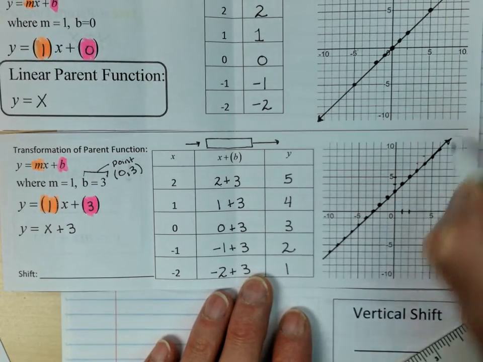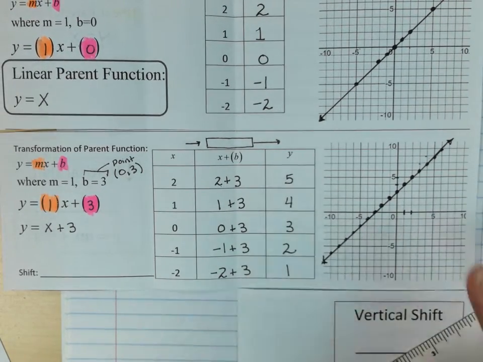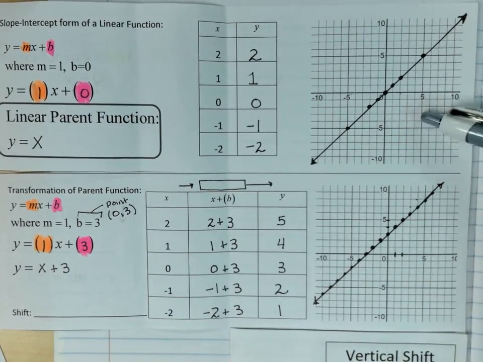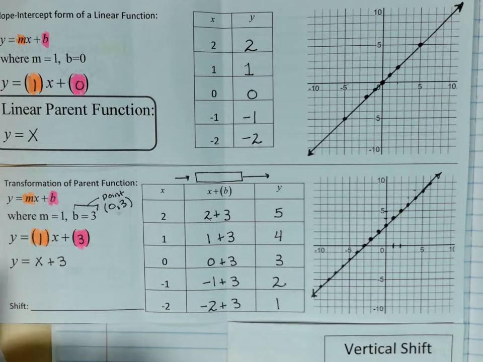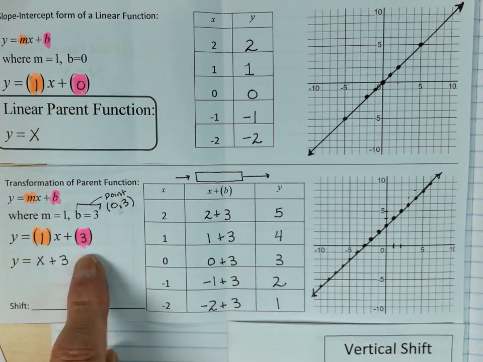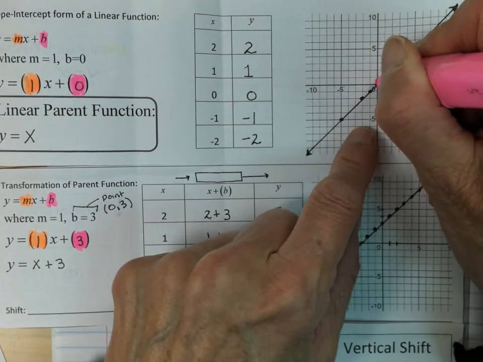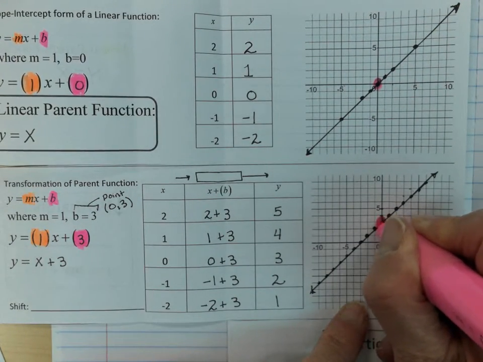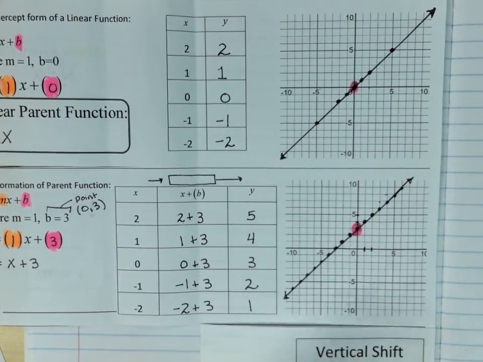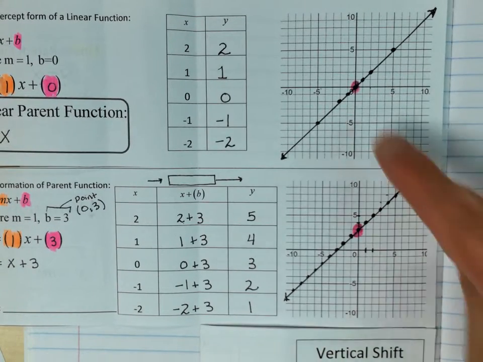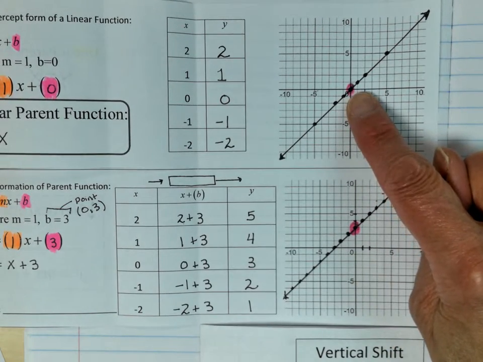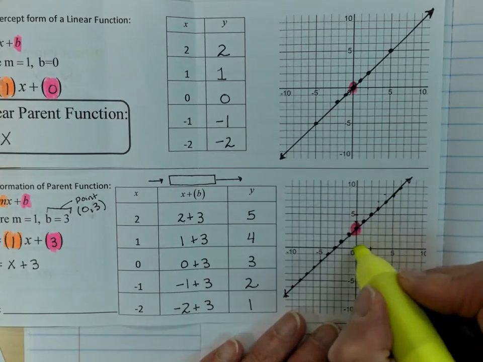Okay, so now we have to talk about what kind of transformation or what kind of shift. And we're going to compare it to the parent. So what we're going to look at is our y-intercepts. And I colored those in pink. Right here is my y-intercept for this one, that's the parent. And here is my y-intercept for this new one. So what happened between the parent and the new one? Well, the parent started at 0, 0. So the parent started here,